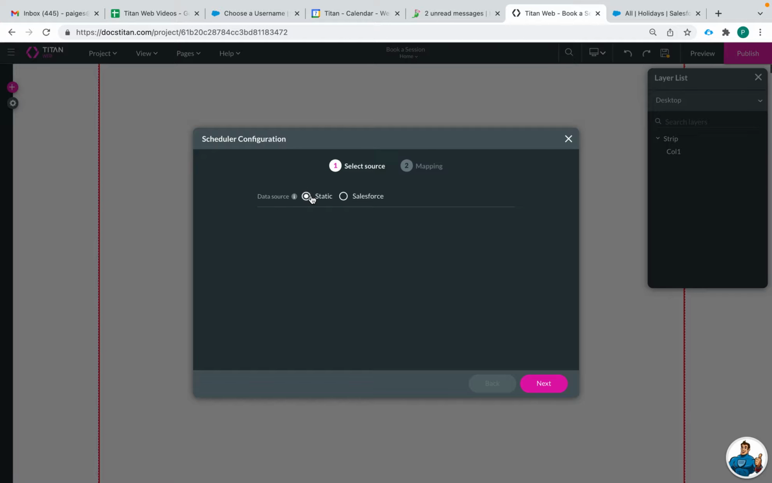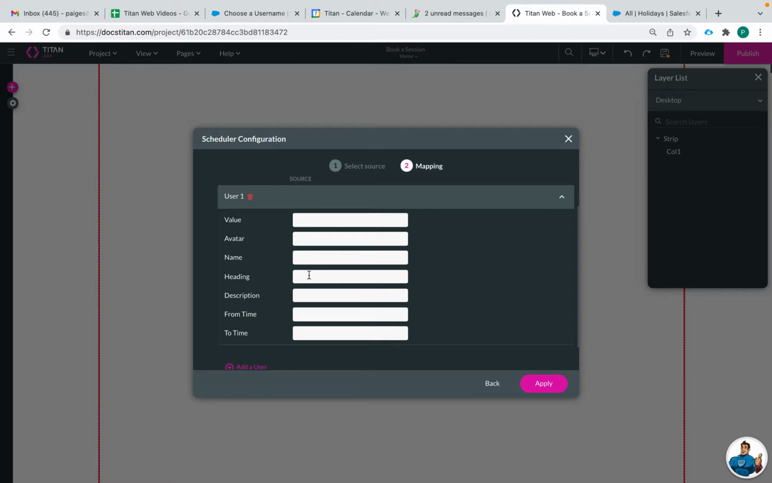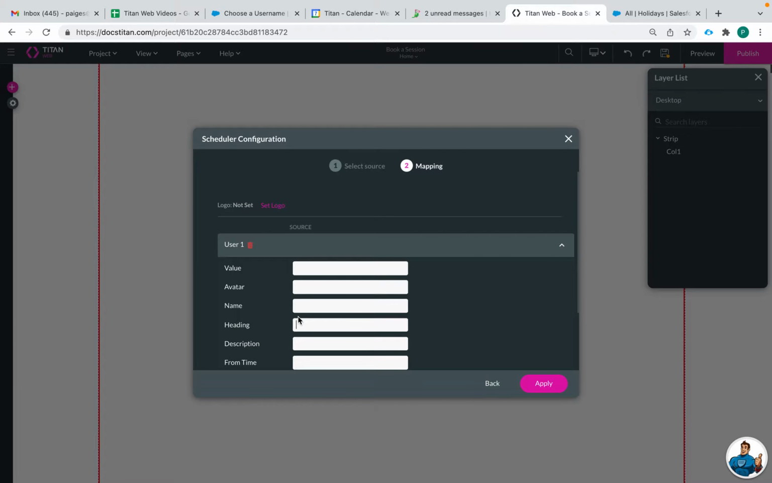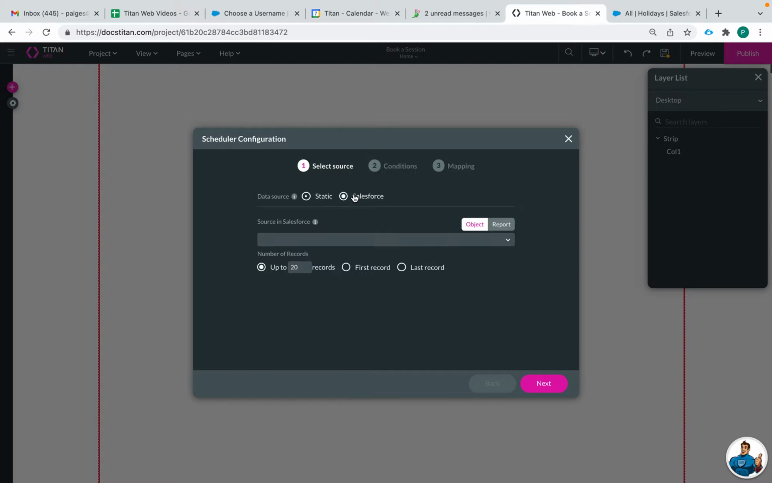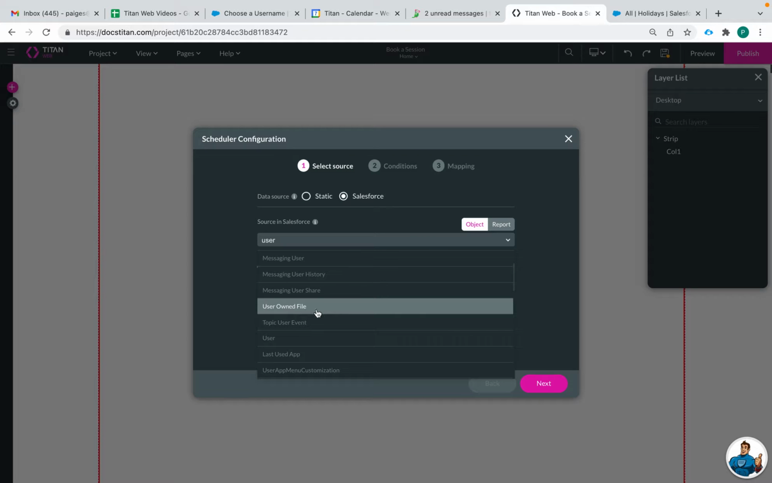And so you can choose whether it's going to be a static user, so you can just add in a new user and you can give them a name and value, heading, etc., and then add more. You absolutely can just do this statically, or you can map it via Salesforce. I find that to be easier. So I am choosing user,